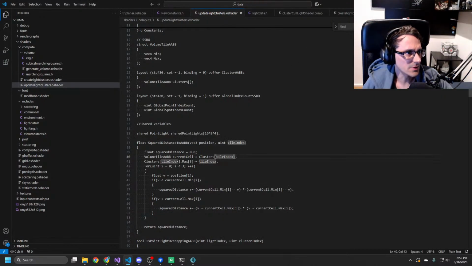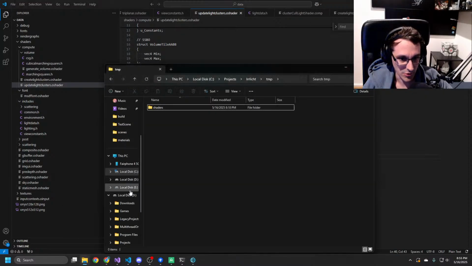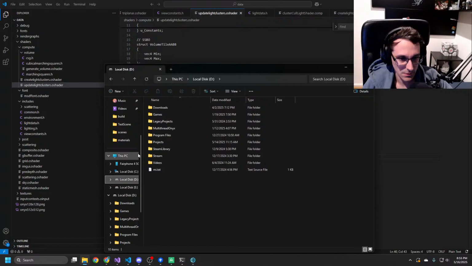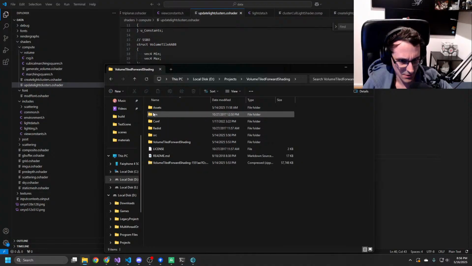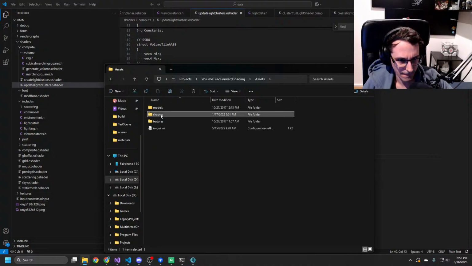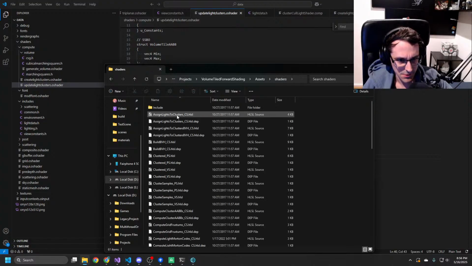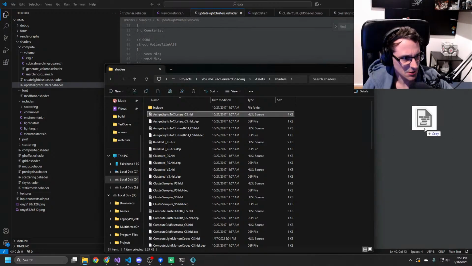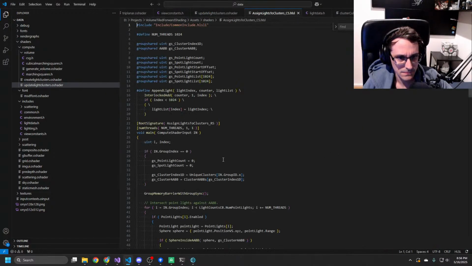Do I still have that open? No, right? Do I have it here? Probably I do. Projects, this one, shaders, assign. So that one has a group shared.